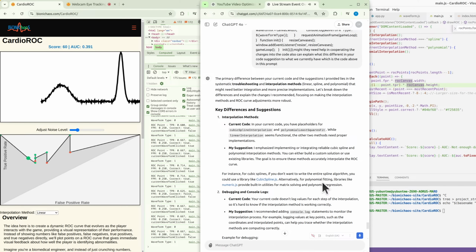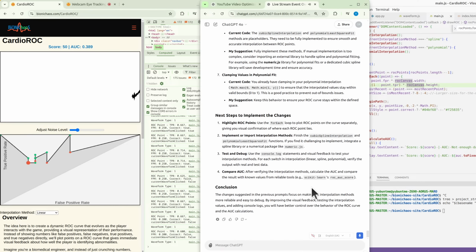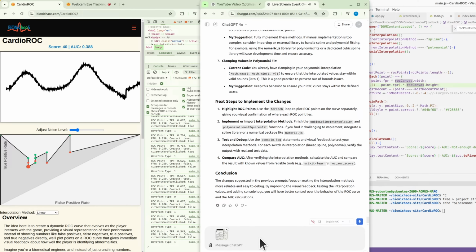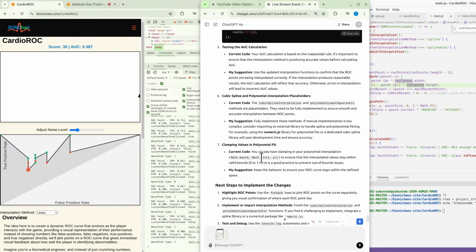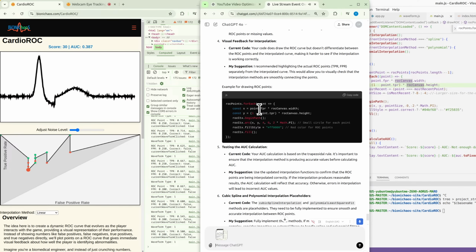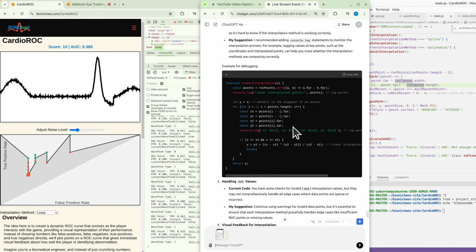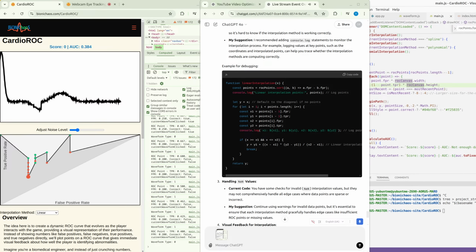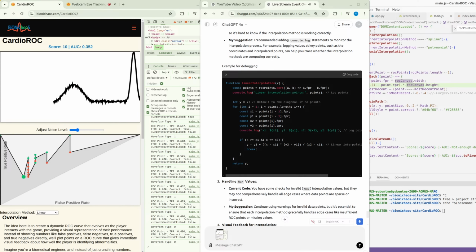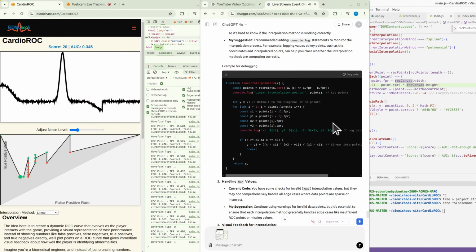Example for debugging: function linearInterpolation(x) { const points = rocPoints.sort((a, b) => a.fpr - b.fpr); console.log("Linear interpolation points:", points); let y = x; // default to the diagonal if no points for (let i = 1; i < points.length; i++) { const x1 = points[i - 1].fpr; const y1 = points[i - 1].tpr; const x2 = points[i].fpr; const y2 = points[i].tpr; console.log(x1, y1, x2, y2); // log points being interpolated if (x >= x1 && x <= x2) { y = y1 + (x - x1) * (y2 - y1) / (x2 - x1); // linear interpolation break; } } return y; }